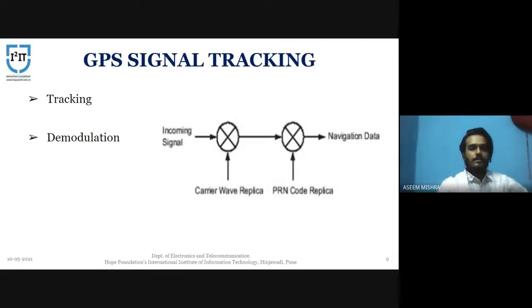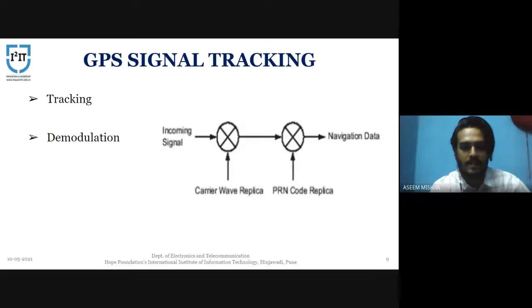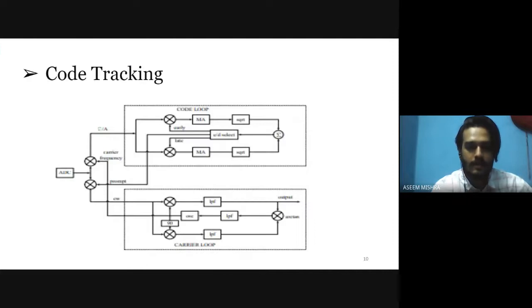Tracking after the acquisition: the frequency and code offset parameters of a satellite signal are roughly known. The main purpose of tracking is to refine these values, keep track, and demodulate the navigation data from the specific satellite. The signal received from the satellite is represented by the power signals of the CA or P code sequences and the navigation data sequence. The two carrier frequencies are L1 and L2. Because of the filter and down conversion in the front end, the output is described in terms of intermediate frequency. The signal is sampled by the AD converter. Because of the narrow bandpass filter around the CA code, the P code is distorted and filtered out and the signal can be demodulated.